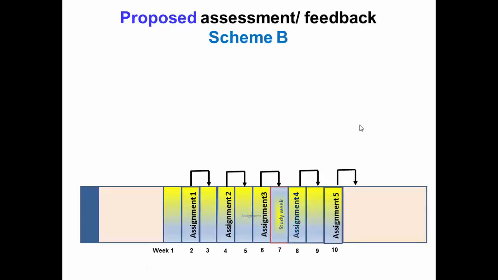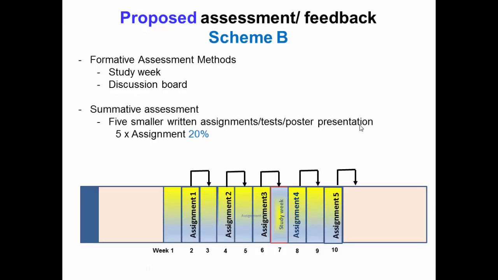Another, more progressive change could be to move to 5 smaller assignments to include presentations, smaller assignments or tests. These would be scheduled regularly through the module, covering smaller topics from the module content. These smaller and more frequent assessments would provide the lecturer with an evolving picture of the progress of individual students and the cohort, which will enable the lecturer to adjust learning material to reflect the speed of learning as cited